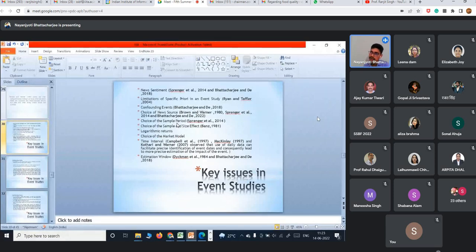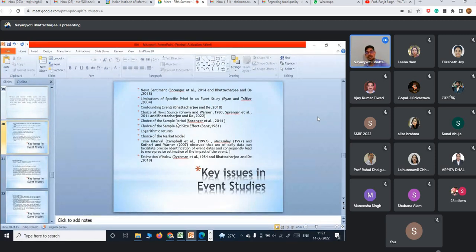One can use machine learning or computational linguistic methods for doing it. That is a more sophisticated way of doing it. But a layman, or somebody who is trying to come up with research which does not involve machine learning, can use the approach adopted in Sprenger and Well, Bhattacharjee and, obviously, the paper we have published, guided by the work of Pitamani and Singhal, which was published in the Journal of